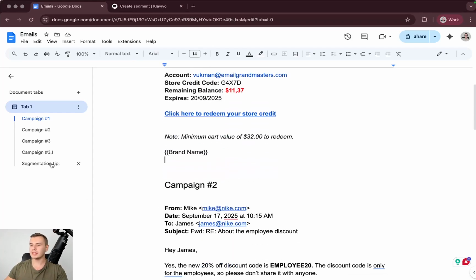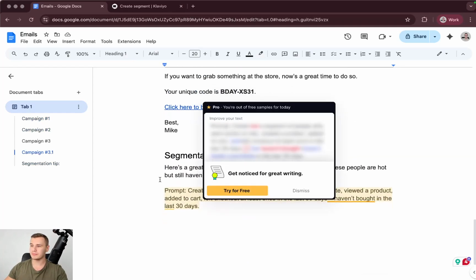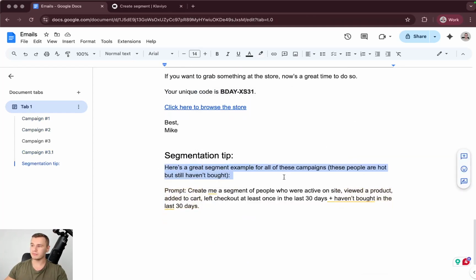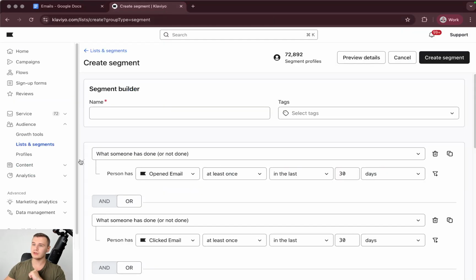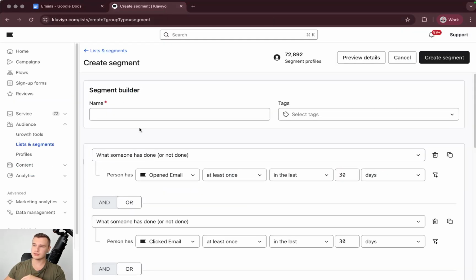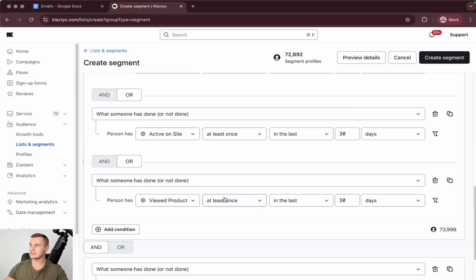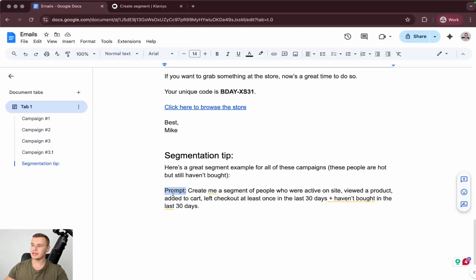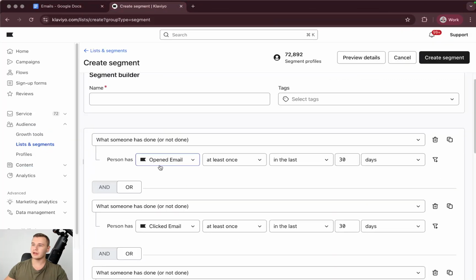All right, and one last tip for you guys. This is a segmentation tip. Now here's a great segment example for all of these campaigns. These people are hot, but they still haven't bought. Now I left you guys with the prompt here. You can just go to Klaviyo's segment builder and just enter the prompt into Klaviyo's AI, and they will make this segment for you. Now, besides this stuff, I also added open or clicked an email, so your classical engaged